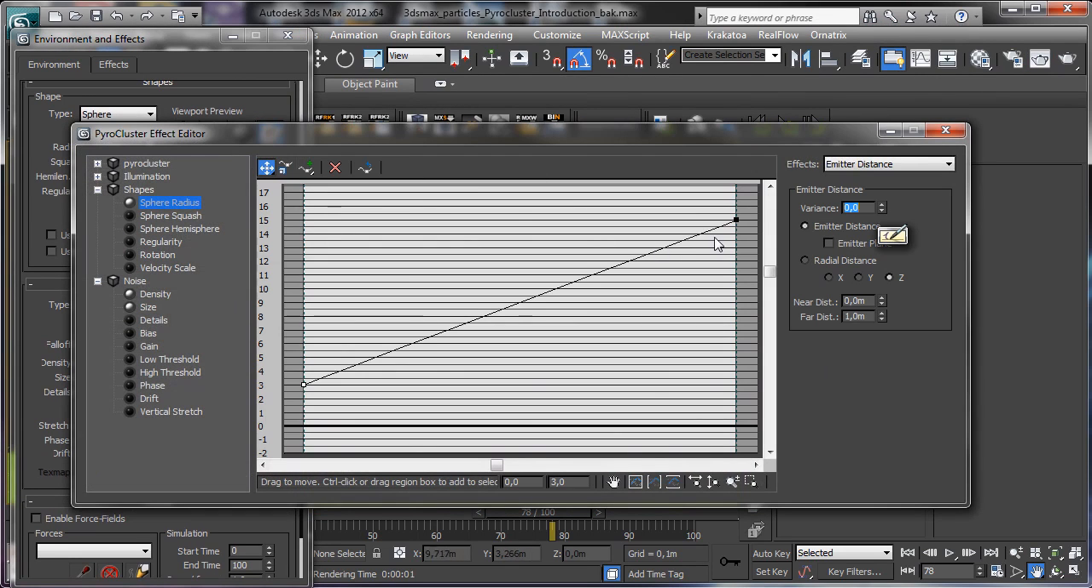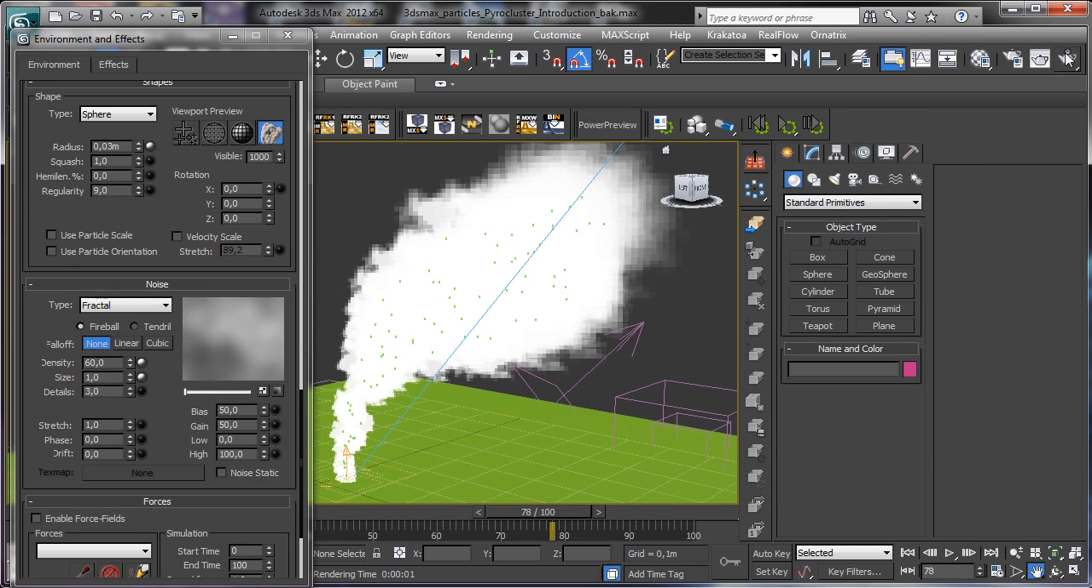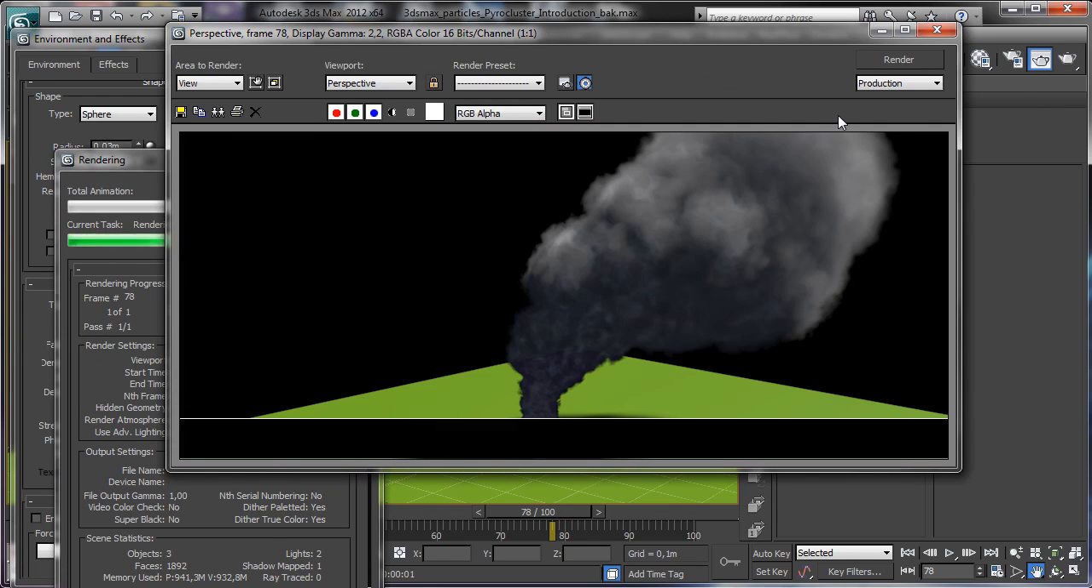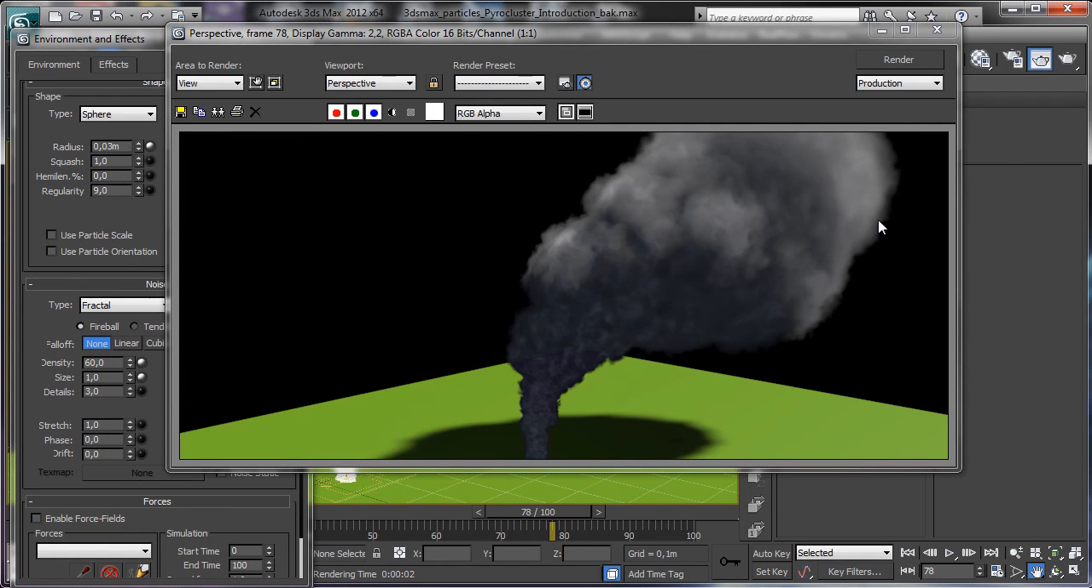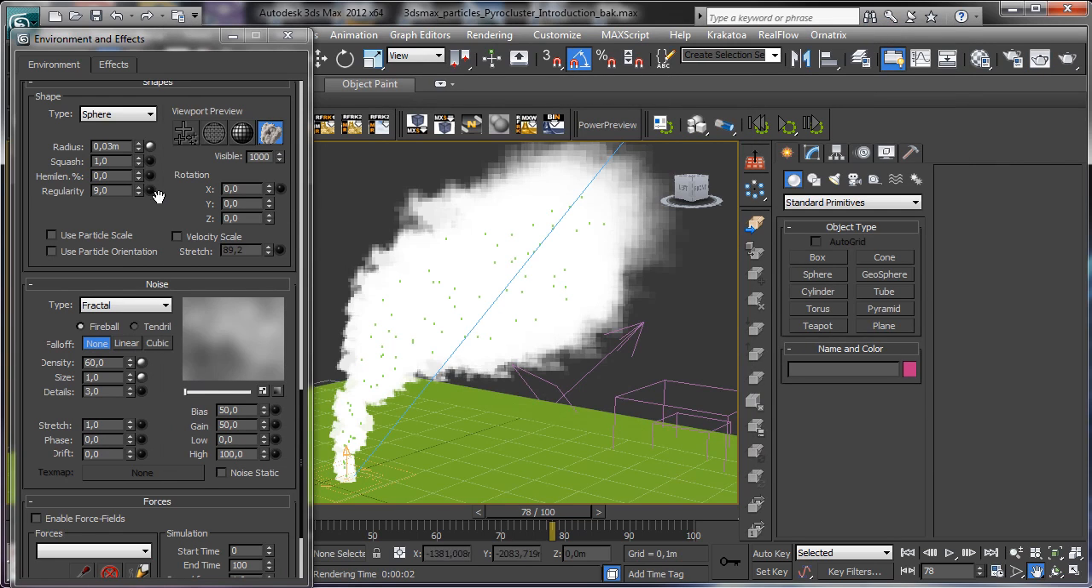We can control the scaling, and I like to have a bigger scaling at the end. So you see it's bigger there. You see that the smoke is becoming really, really big. Okay,